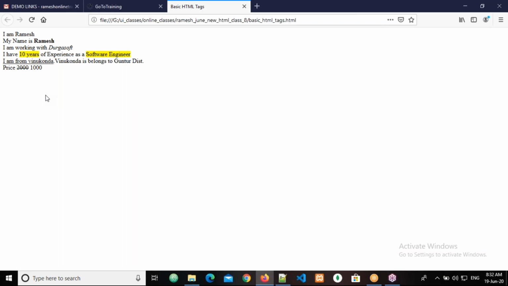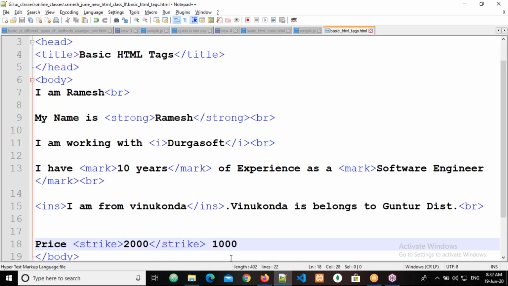Now see here. By seeing this, what will the user understand? Okay, price is not 2000, only 1000. That means a 50% offer. Understand, right? How to utilize this strike tag and what is the advantage? Yes, sir. Okay, so if you want to give this type of user experience, then you can go for the strike tag also. By saying that, the user will understand, okay, price is not 2000, only 1000. Okay, right. This is about the strike tag.